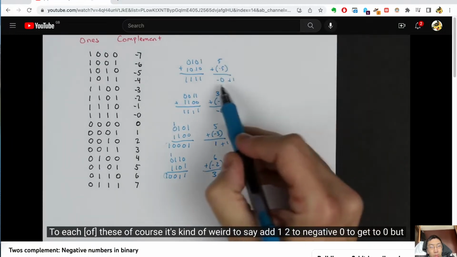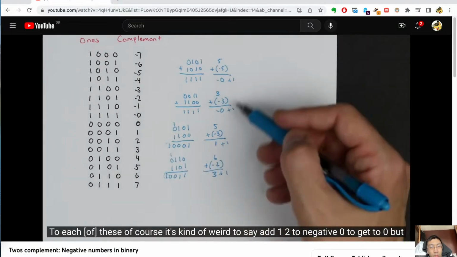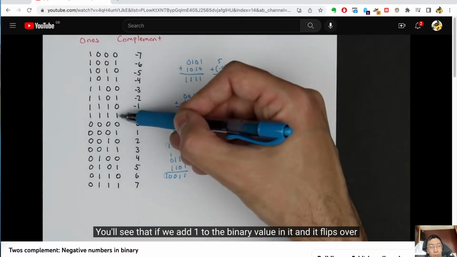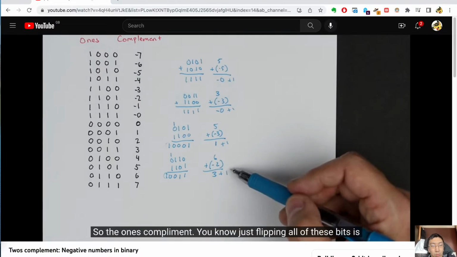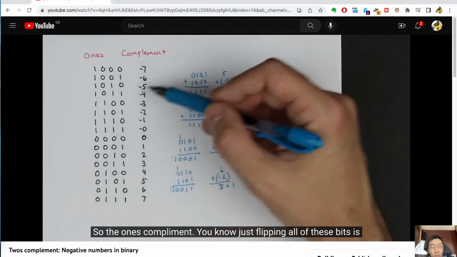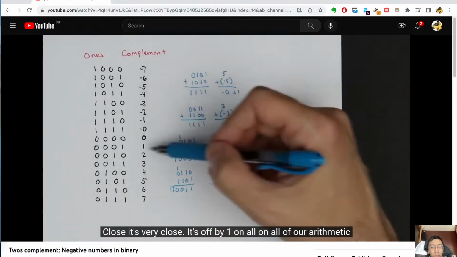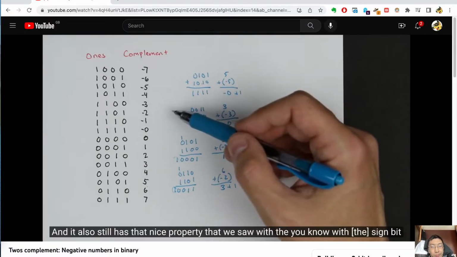Of course, it's kind of weird to say add 1 to negative 0 to get to 0, but if you bear with me a minute, you'll see that if we add 1 to the binary value and it flips over, you do get to the right thing. And here you get to the right thing. So the 1's complement, just flipping all of these bits, is close. It's very close. It's off by 1 on all of our arithmetic,